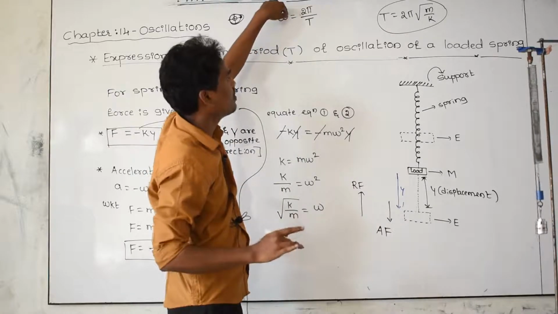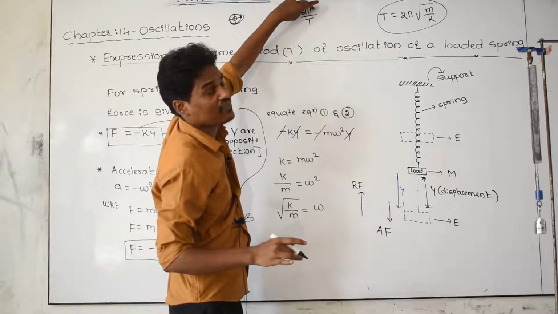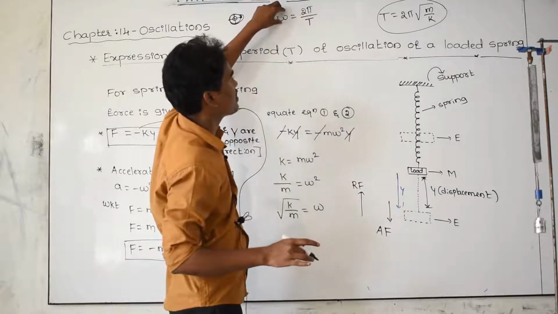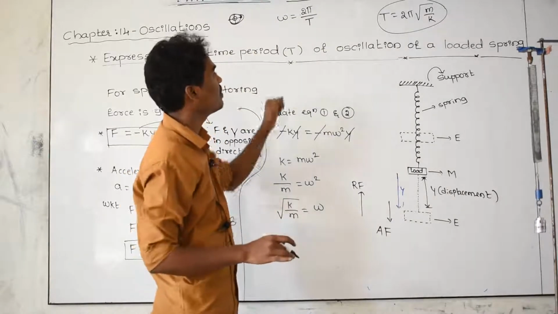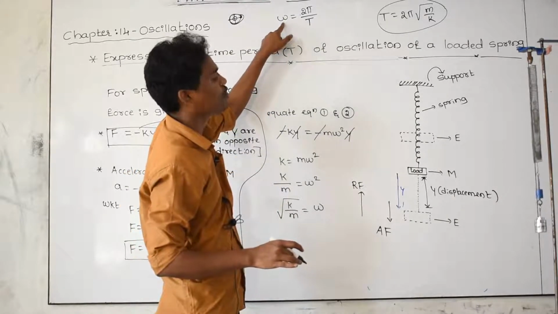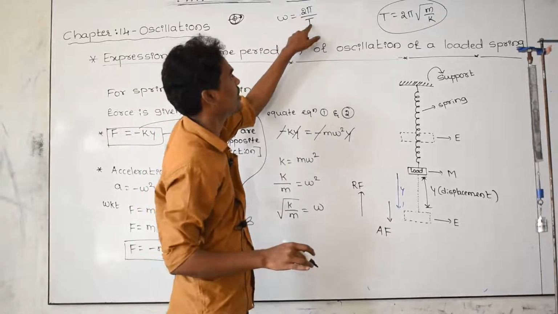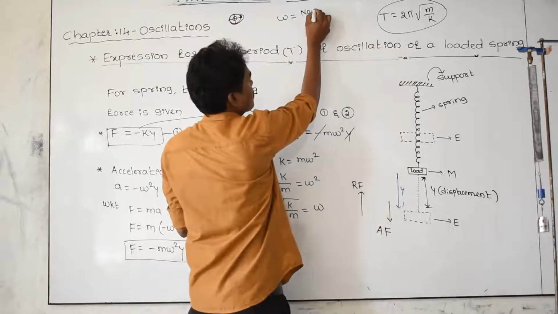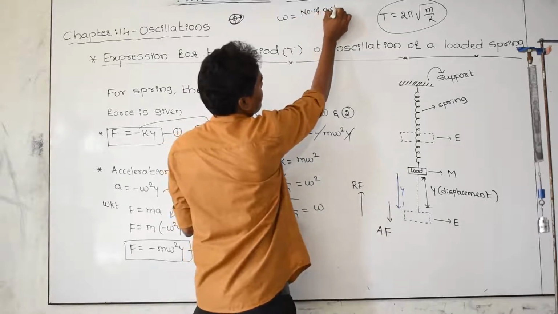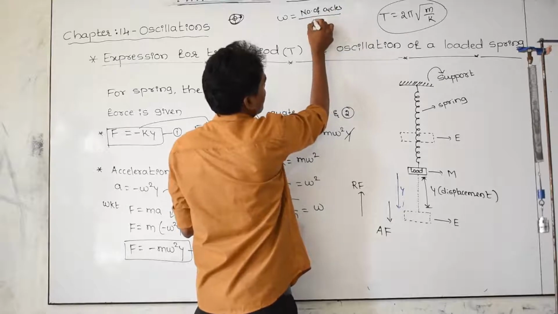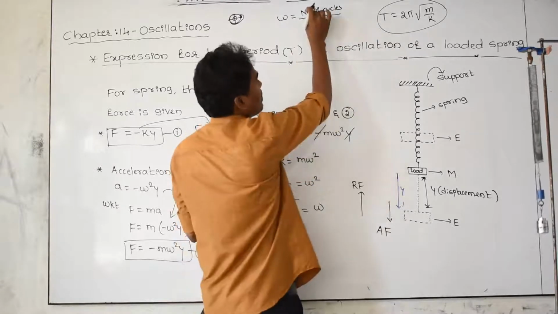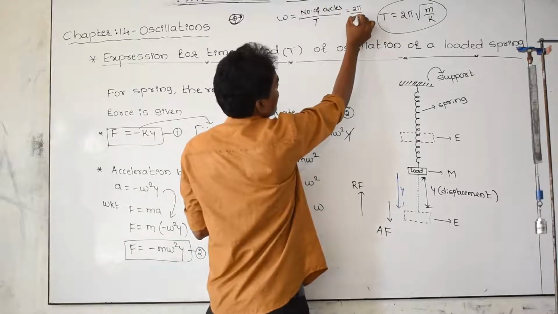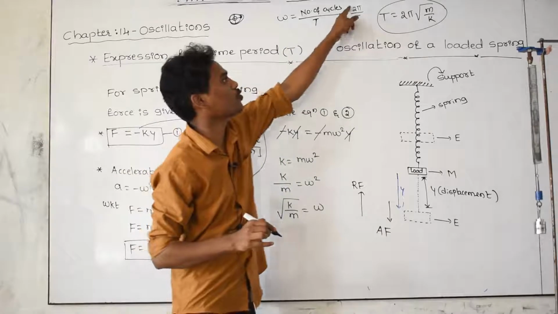Per one cycle, 360 degrees is the phase angle, and 2 pi by t is the angular frequency. How to find the angular frequency? It can be found by using the formula 2 pi divided by t. For one cycle the angle is equal to 2 pi, and this is t as it is, which means omega is equal to 2 pi by t.